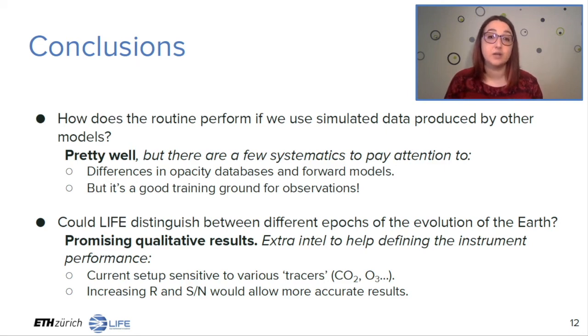Studies like this one also help us understand what would be the best resolution and signal-to-noise ratio to aim for in order to characterize planets different from the Earth. This is essential at this point in time to make an informed choice when it comes to defining the requirements